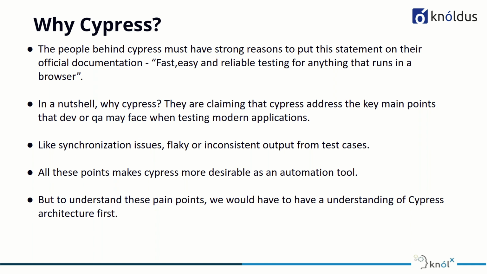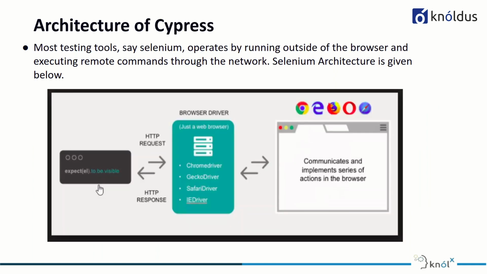So what Cypress claims is that this won't be the case with it. I mean, from my point of view, this reason alone is strong enough to opt for something better, because we are going to get consistent results from our test cases, right? And throughout the life cycle of the projects, that is something we should keep our focus on, right? So Cypress came up with an architecture to address these pain points. I'll address these points in the later slides as well, but for now, moving on.